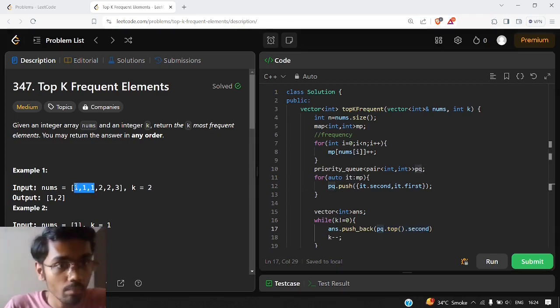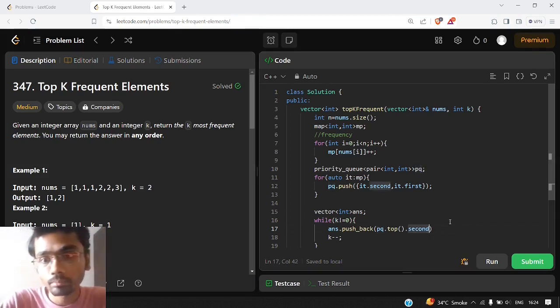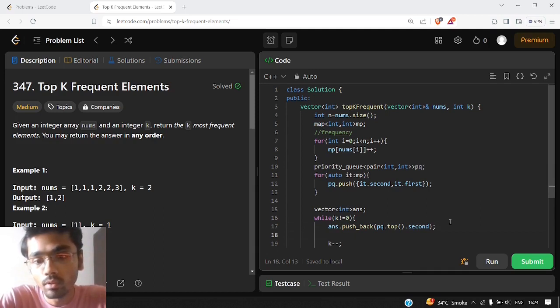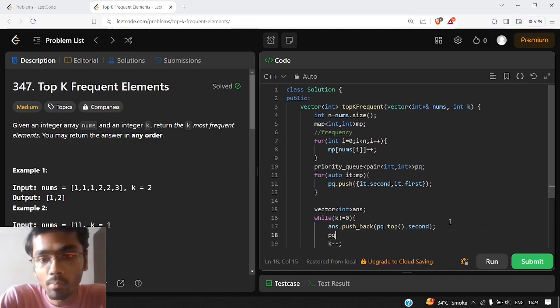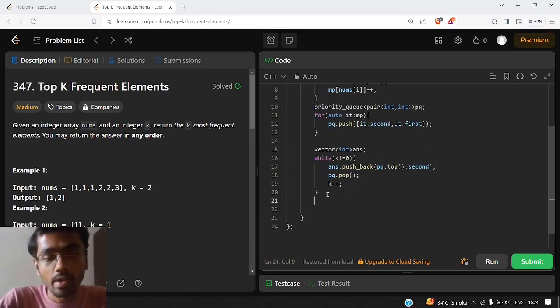In this example also we are taking 1 in our integer array, not the frequency of 1, that is 3. So that's why we are taking pq.top().second inside our answer. And after it we need to pop the top element from our priority queue. And then we just return the answer.